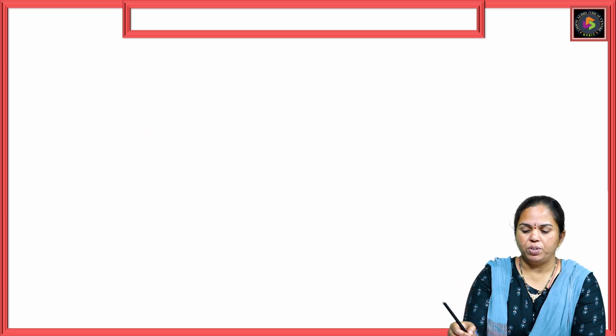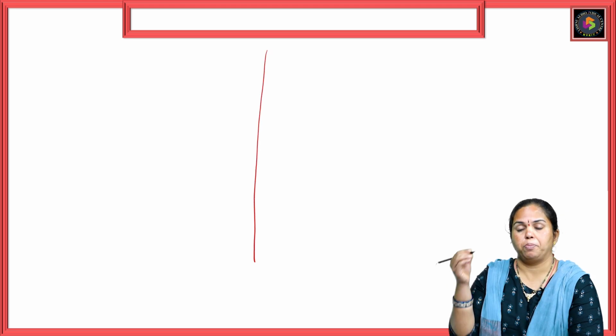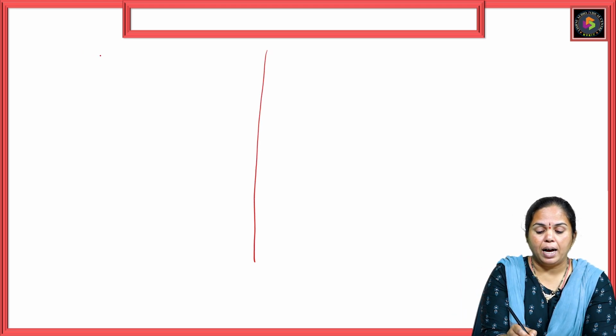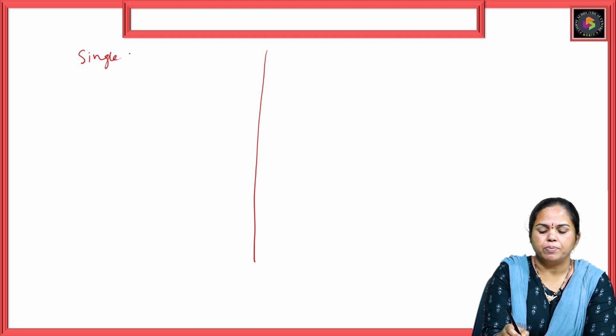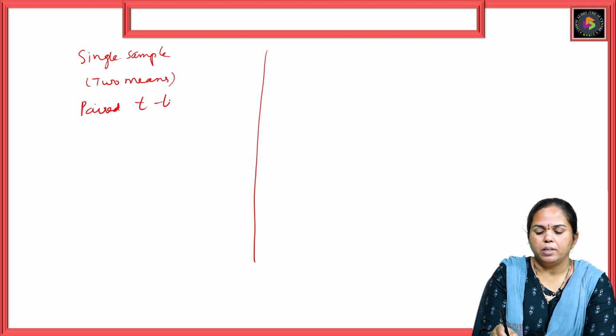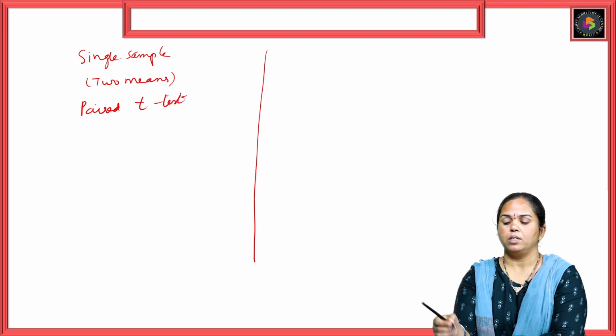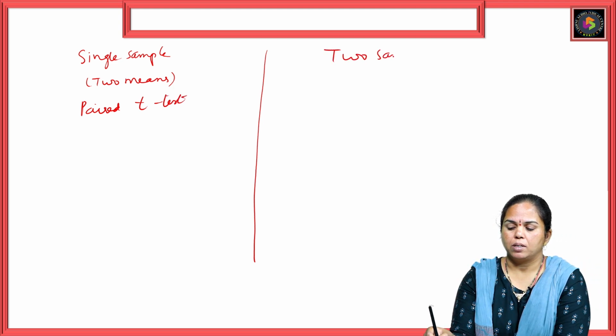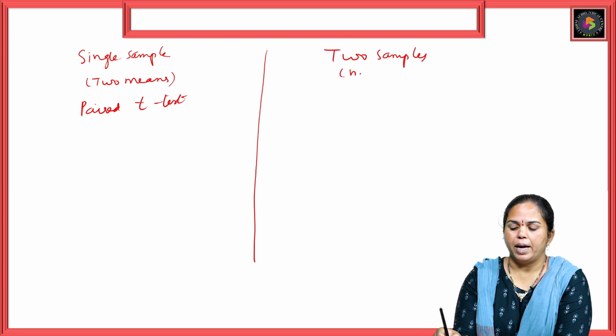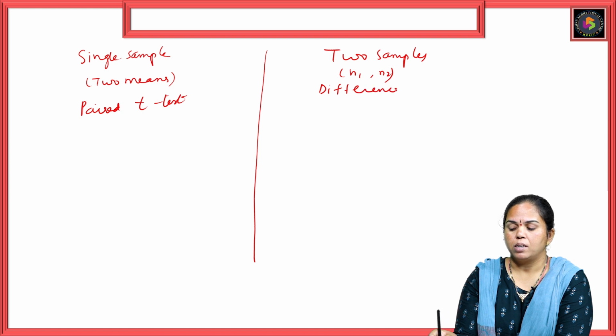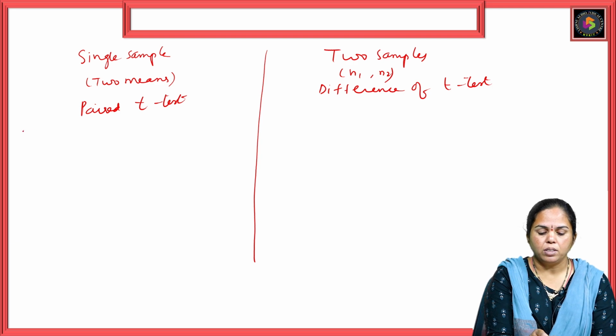Now here we will go with the procedure. So whenever I have a single sample with two means, I'm applying paired t-test. Two samples, that means n1 and n2, I'm applying difference of t-test. So here step 1,